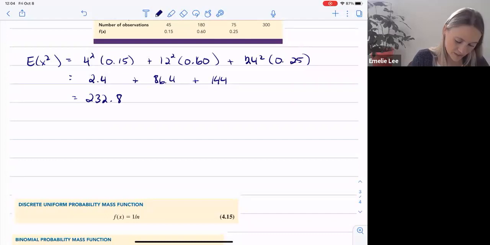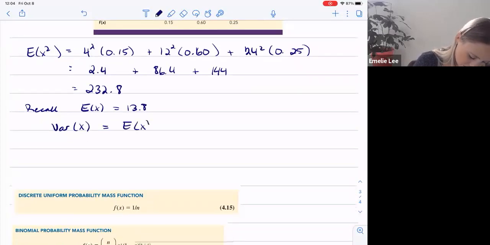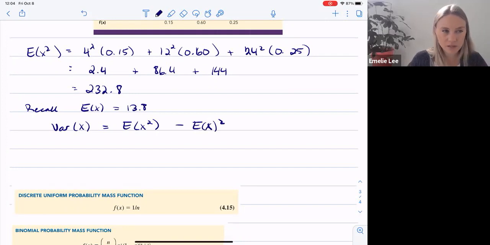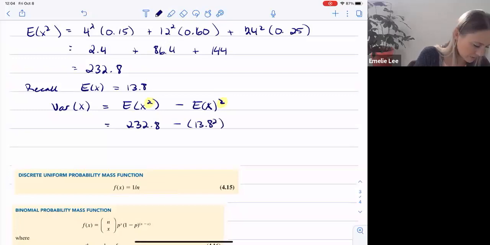But I actually prefer this way. I recall E of X was 13.8. So the variance of X must be the expected value of X squared minus E of X, all squared. It's important, right? That one's on the outside and one's on the inside. So that's going to be 232.8 minus 13.8 squared. Now, 13.8 squared